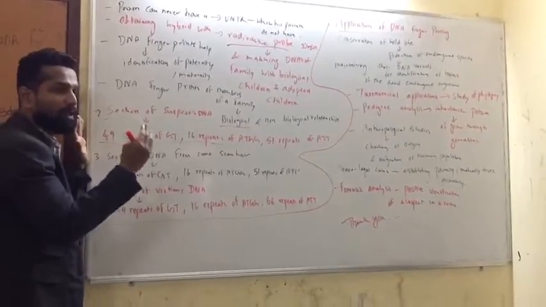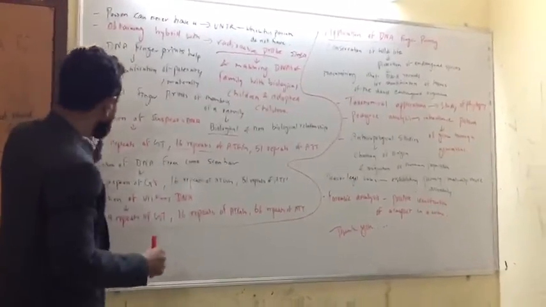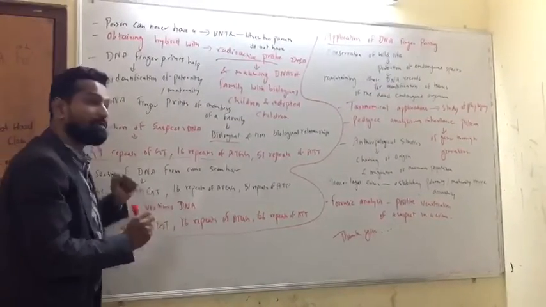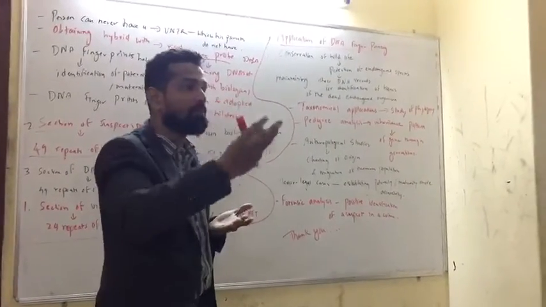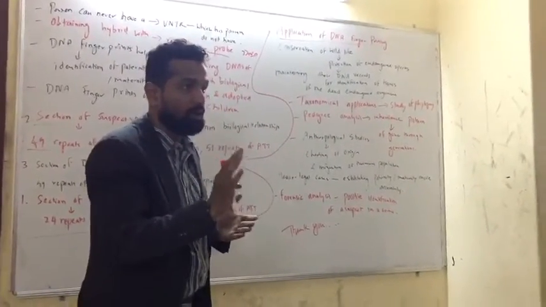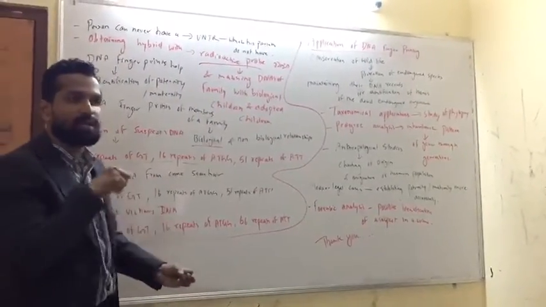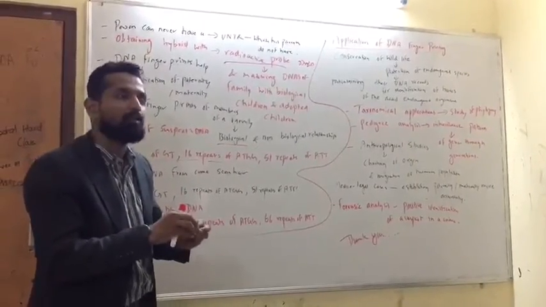How is DNA fingerprinting done? First, DNA will be taken from the victim. What do you mean by victim? Someone who has suffered a problem, who has been raped or had any kind of thing happen to her or him. So that is called the victim's DNA. DNA will be collected from blood or cells, and then ultimately what is going to happen?